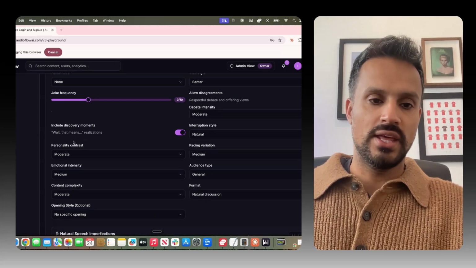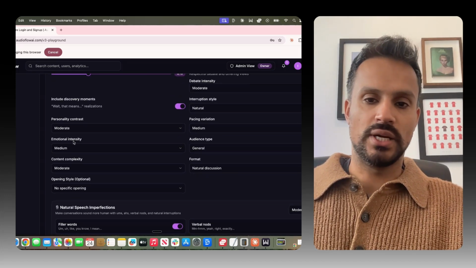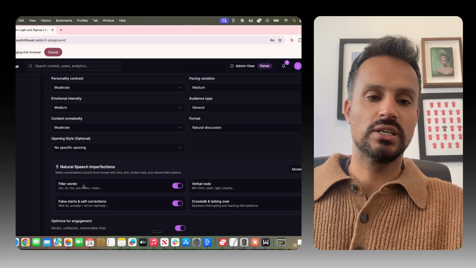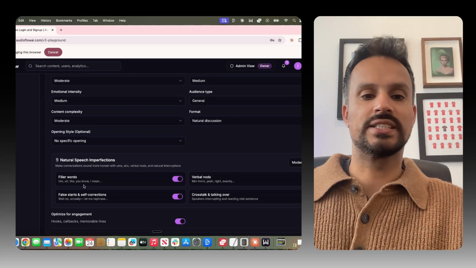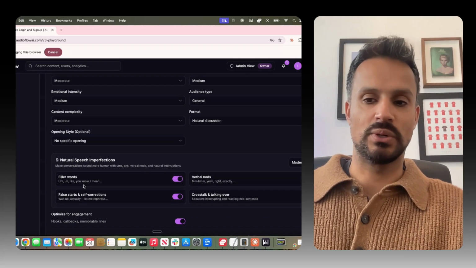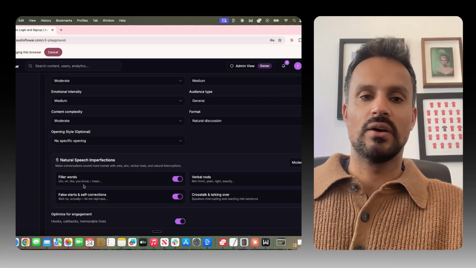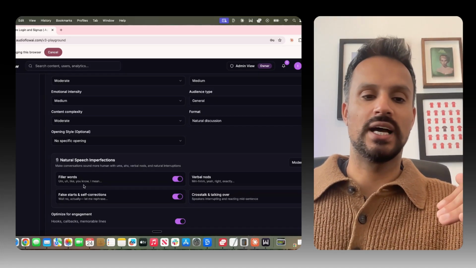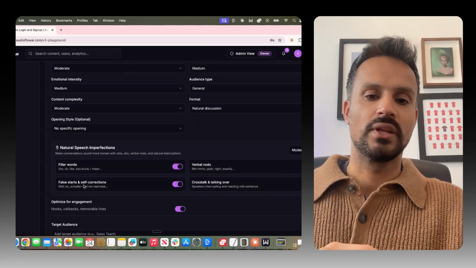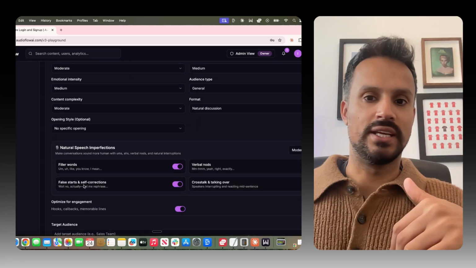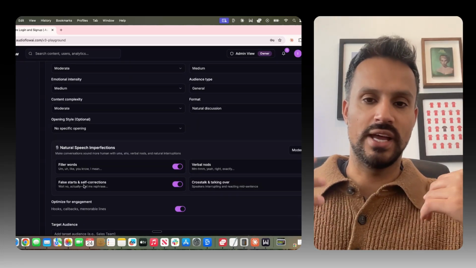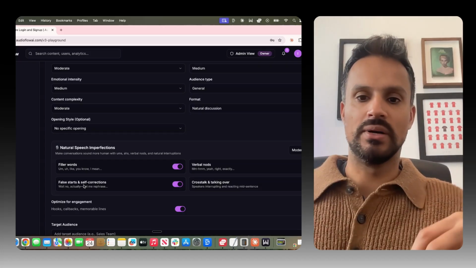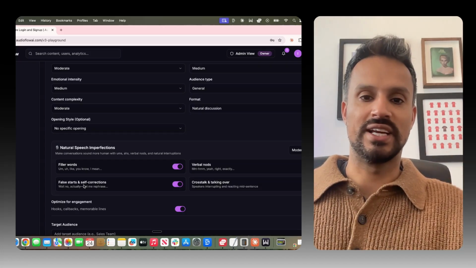You can then go through each option in the optional extras and see if you want to change the pacing, for example. There are some what I'd say is natural imperfections, and that's why we've called it that, because one thing we don't want is our podcast to sound too robotic and not very human-like. So when you write in AI tools, you can see that the grammar and the way that people speak is very clean.